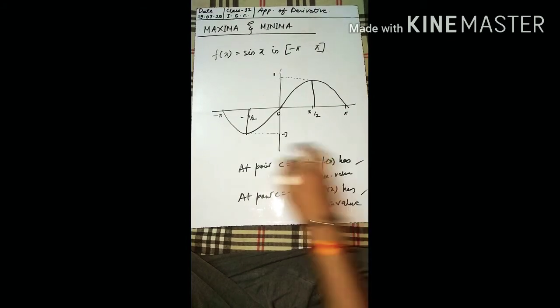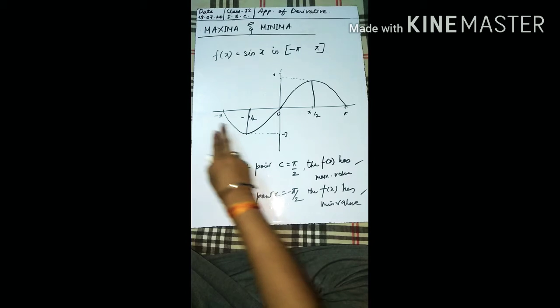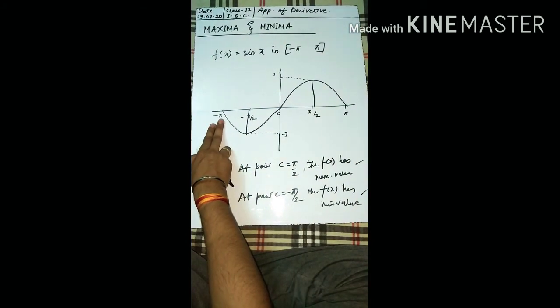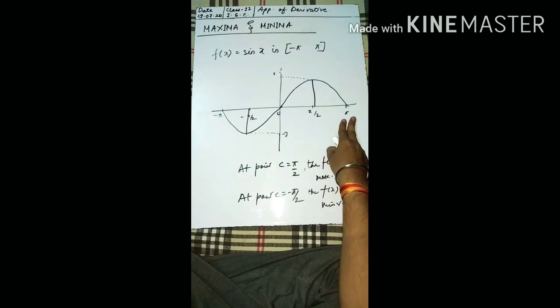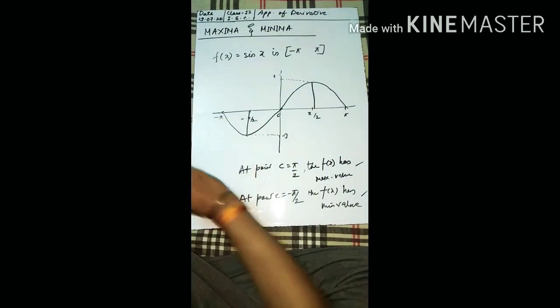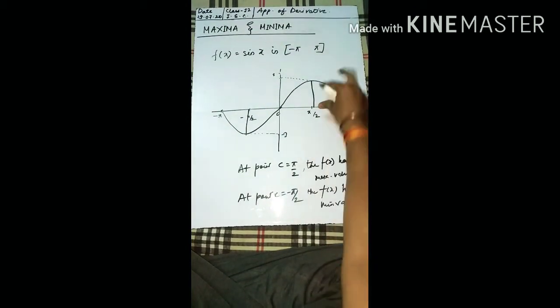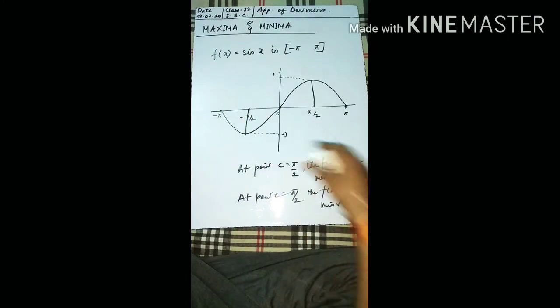Alright, at the extremum values you won't get that answer, because sine of minus 180 degree will give you 0, and this will also give you 0. As you can see, the answer will be 0. Like this, so here is the maxima case and here the minima case.